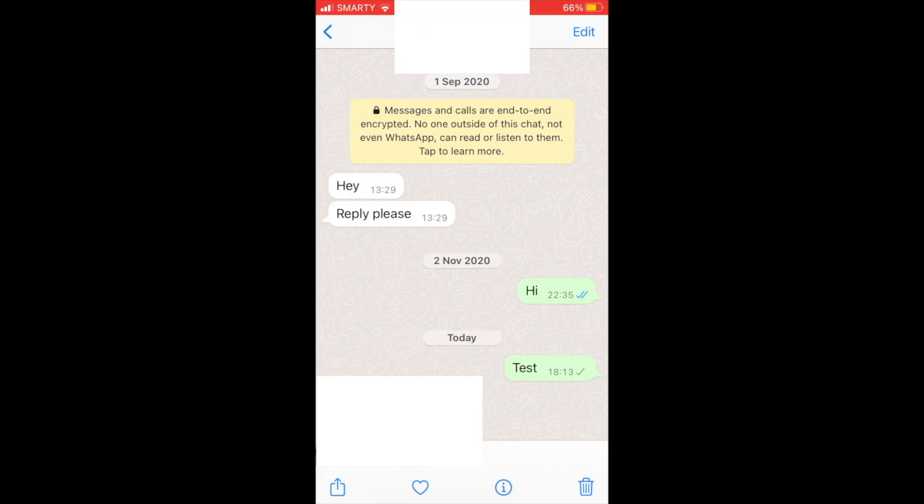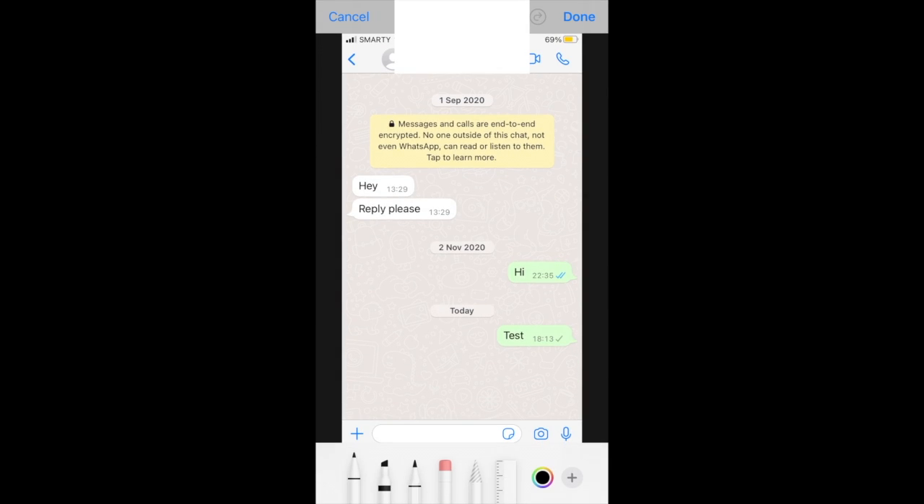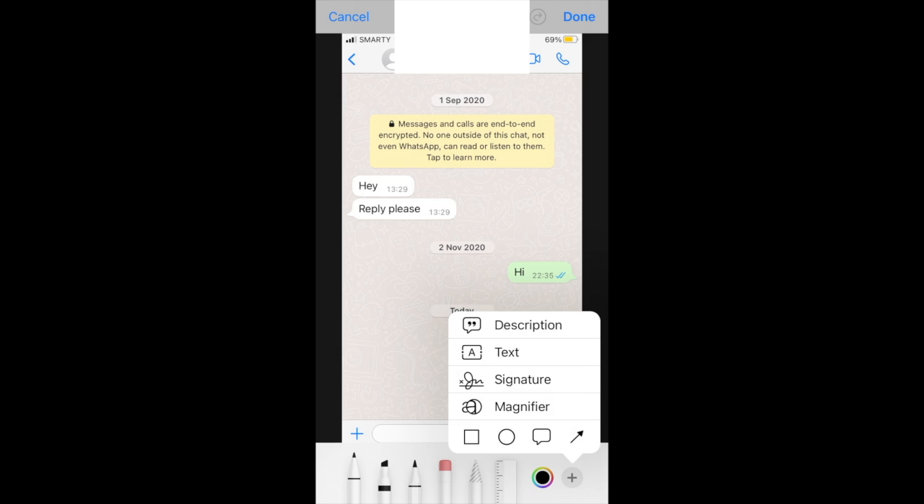So first of all, go to your photos, then click on it, then go to the top right hand corner where it says edit, then go to the top right hand corner again where you see that little pen icon at the top right hand corner. Then you can see here a little section in the bottom right hand corner where it says plus. Click on that plus there in the circle, then go ahead and click on that little square as you can